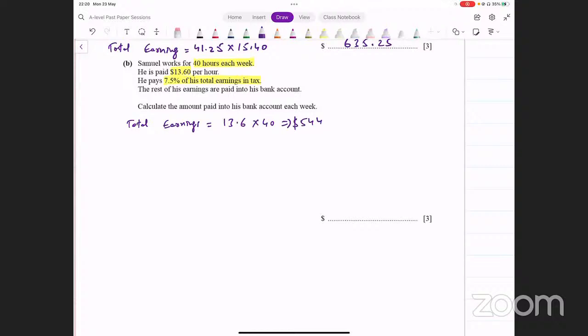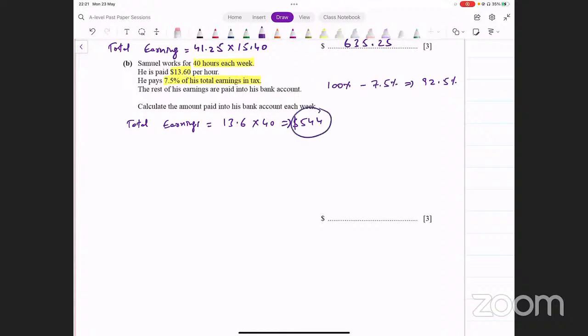$544. Now 7.5% of this goes in tax. बाकी जो है वो बैंक अकाउंट में जाती हैं. अब बैंक अकाउंट में कितनी गई हैं वो फिगर आउट करना है. अब देखिए 7.5% अगर टैक्स कर दिया, what percentage are you left with? 100 में से माइनस कर दें. 100% minus 7.5%. कितना बचा आपके पास? 92.5%. All you've got to do is you've got to calculate